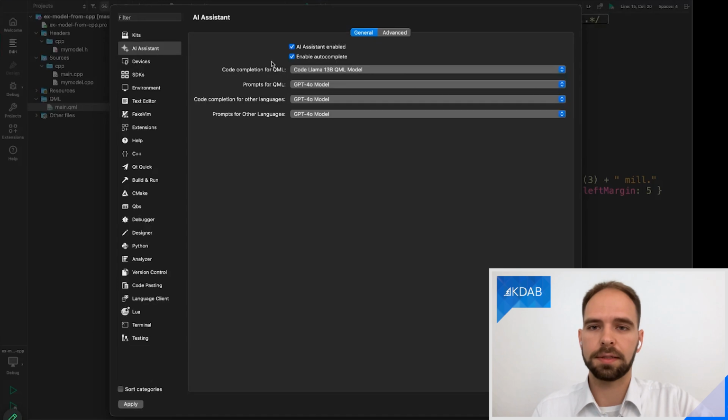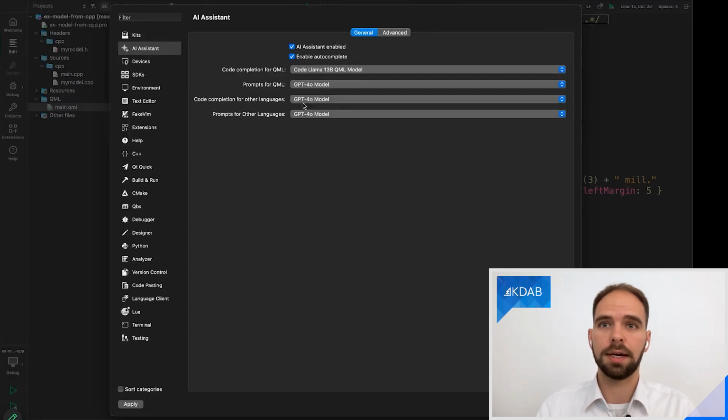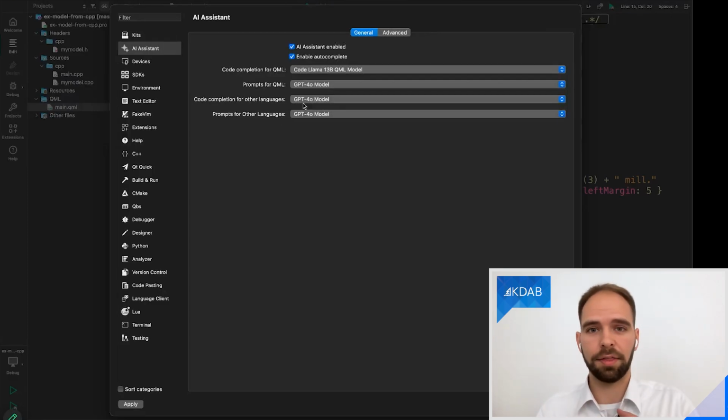One group is the QML use case, and the other is other languages. And other languages here is everything that the GPT-4o model supports. This would be C++, Python, Bash, whatever else.